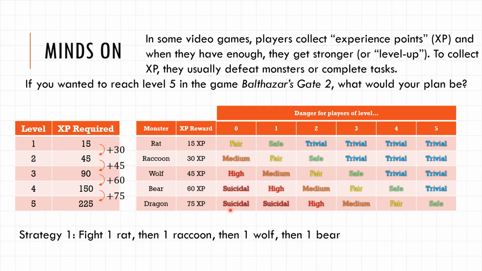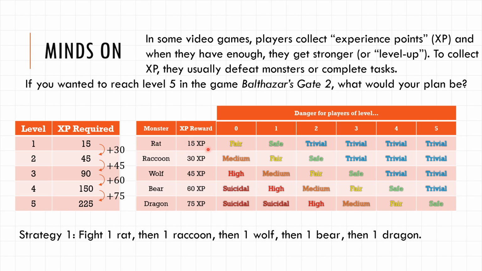And that means that you should fight a dragon. That's a fair fight. The whole time, you will be doing fair fights, and you will get all the way to level 5. But some people don't want a fair fight. So another strategy, strategy 2, might be, hey,